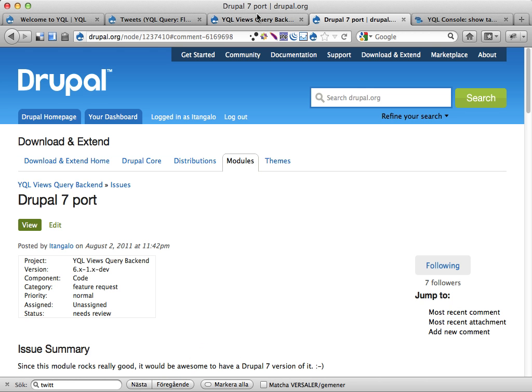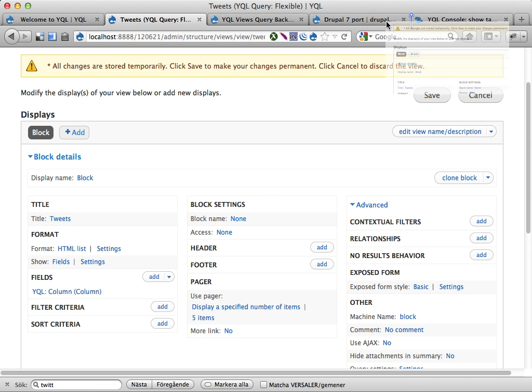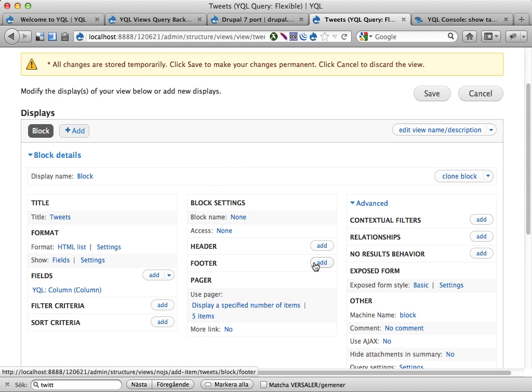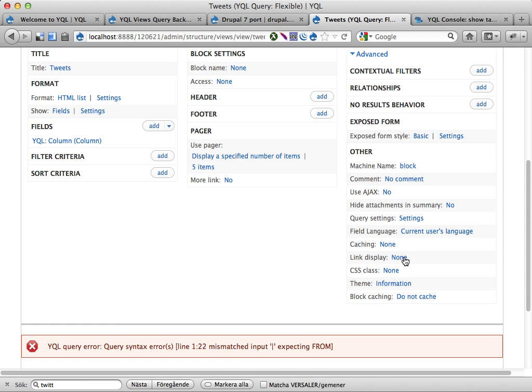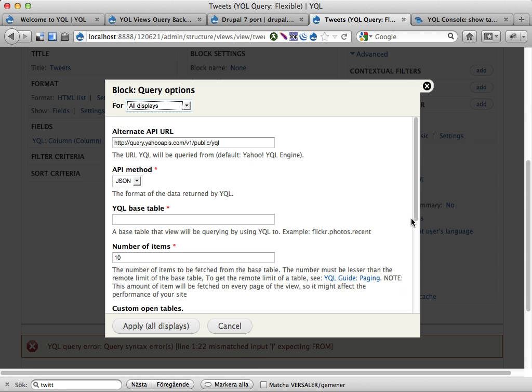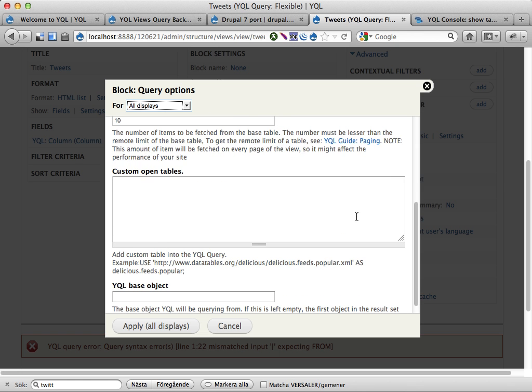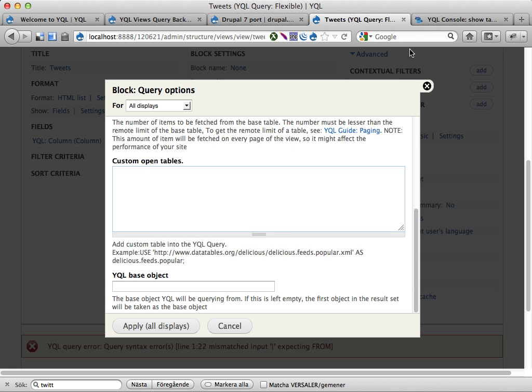I'm going to show you the step-by-step. I'm going to use this one. Let's move this tab over here. First thing, if you want to use Yahoo query language, is to open the query settings here. If you're not using a native table to YQL, like the Twitter, it's not a Yahoo table, so it has to query something externally. Then I suggest you scroll down to this custom open tables thingy, and then down here